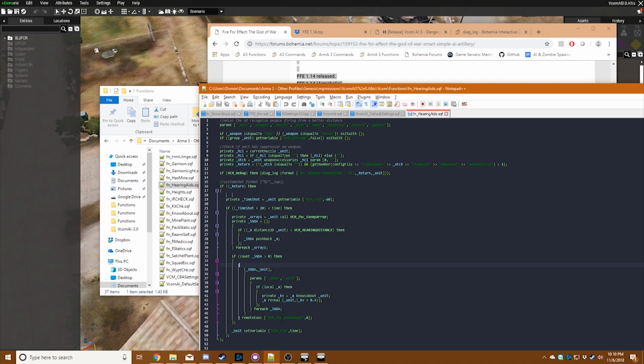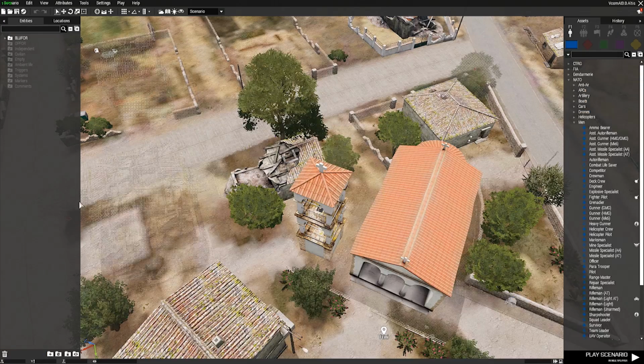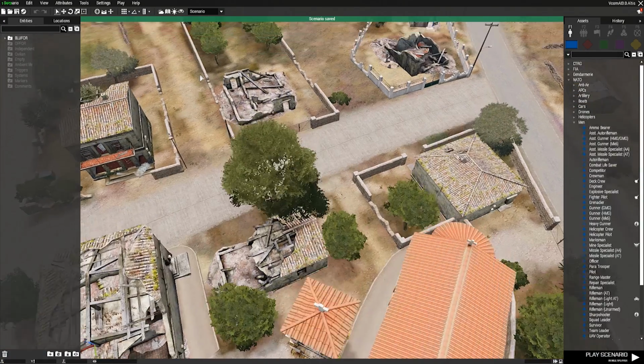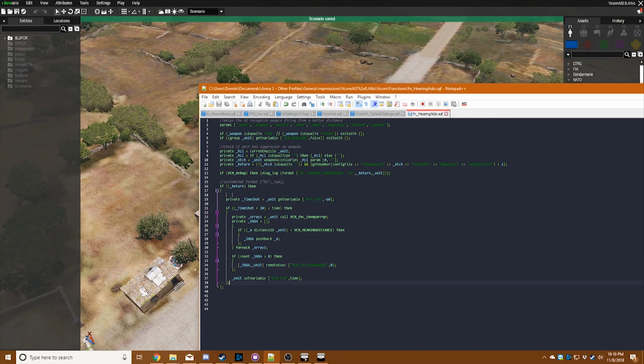So what we need to do here, we need to completely change this up. So we were remote execing this, right? But there's only really two things that we need to pass through. Is going to be these two things here. And like that. The rest of this isn't needed. Just like that. That's all we should need. That should fix the error. Just like that. And so let's make sure that bug is fixed. And then we need to take a look